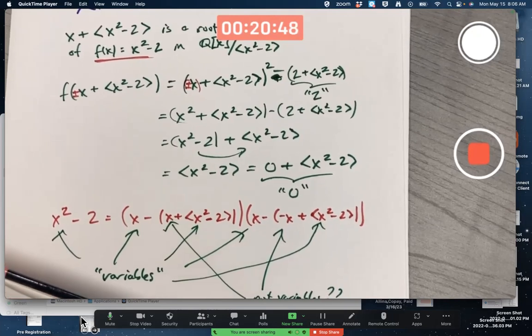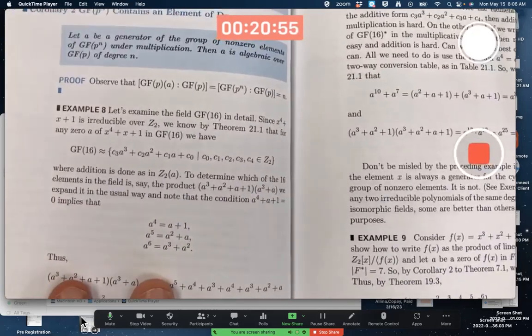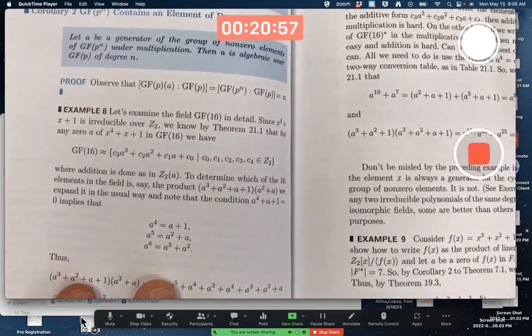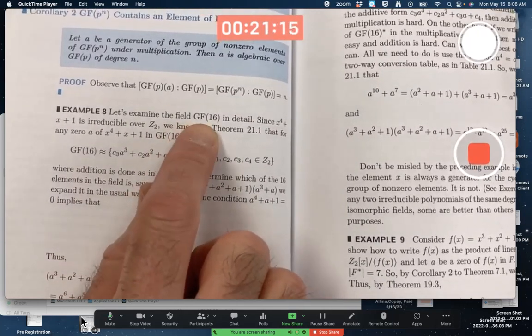So let's study finite fields. And what I'd like to do is a generalization of this example here, or not really a generalization, but a twist on it. First of all, notation. GF16